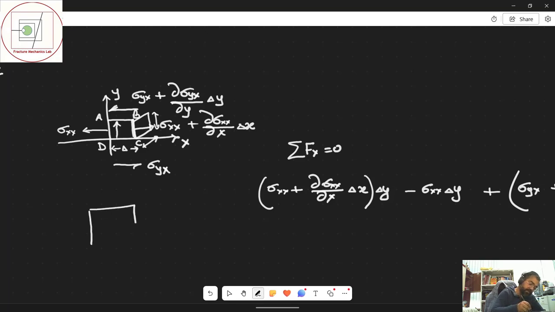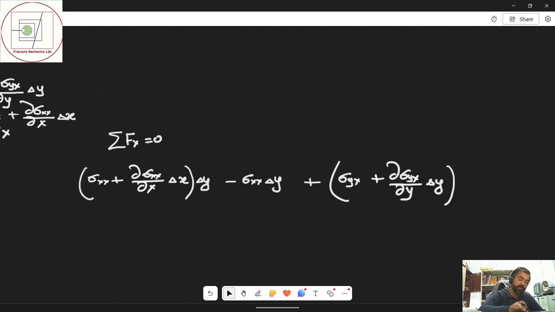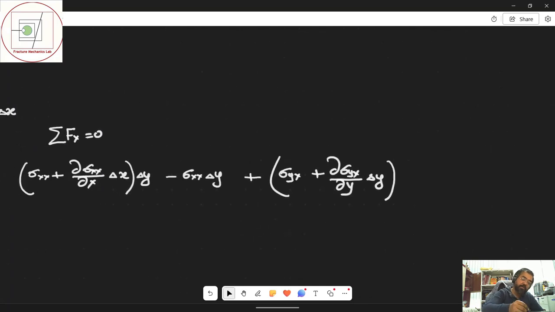If this is the square, then the shear stress is acting on this plane, and this plane is this dimension, which is delta z, which we don't have, into this dimension, which is delta x. So this will be multiplied with delta x. Here I will have delta x minus sigma yx delta x,